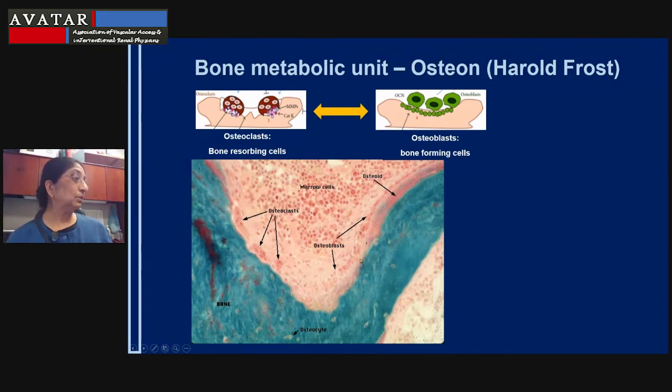To orient you, the blue part is the mineralized bone and the cellular part is the marrow, and the area that we focus on is the bone marrow interface. Now, along this interface, this is the leading edge of the bone metabolic unit, where you see the multinucleated osteoclasts resorbing bone and creating resorptive lacunae. It's like taking a bite out of a cookie over here along the surface.